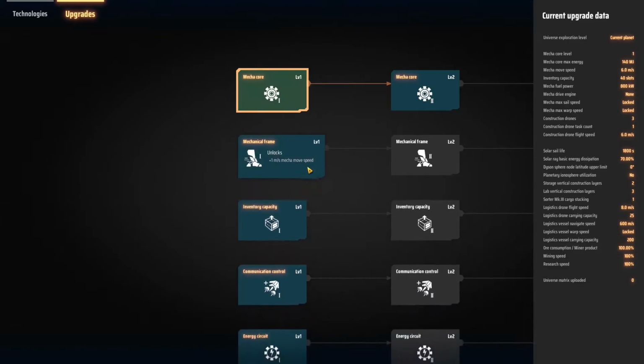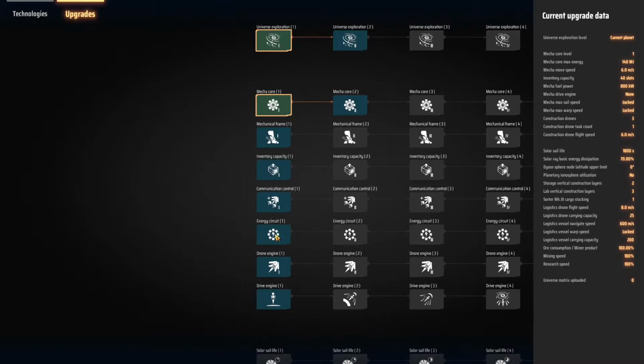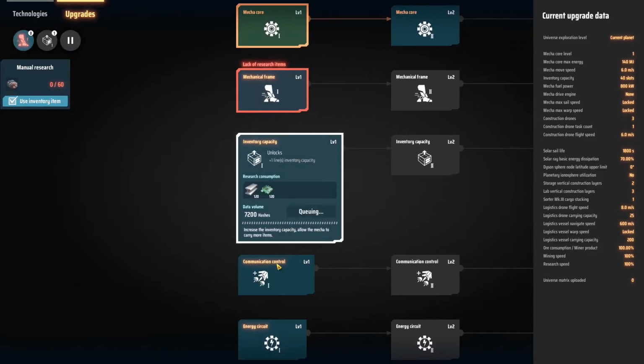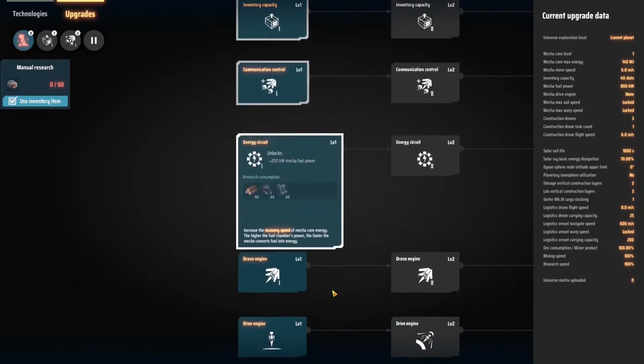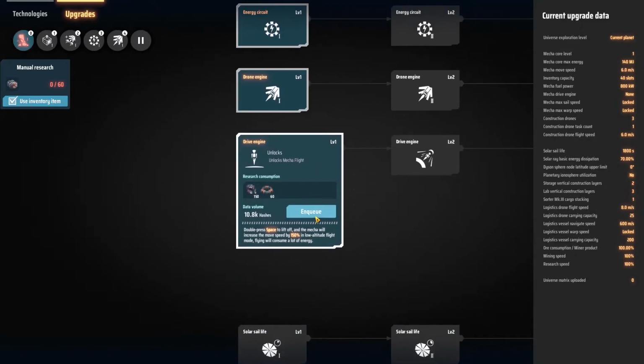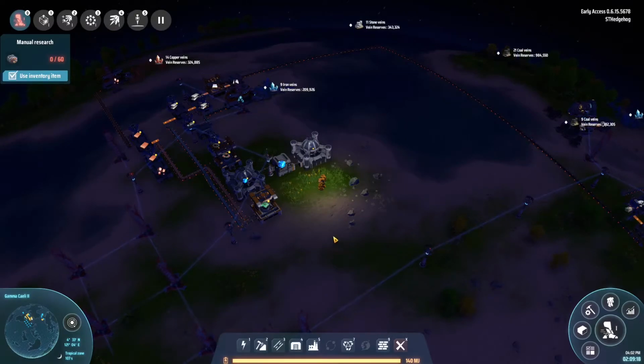I think I'd like to get move speed. And then, well, I'd like to get all of these for the mecha. I think we'll just go down the list. But let's just enqueue a lot of these. Boom, boom, and boom. There we go. And then what I'm going to do is work on this and get all these done. So we need